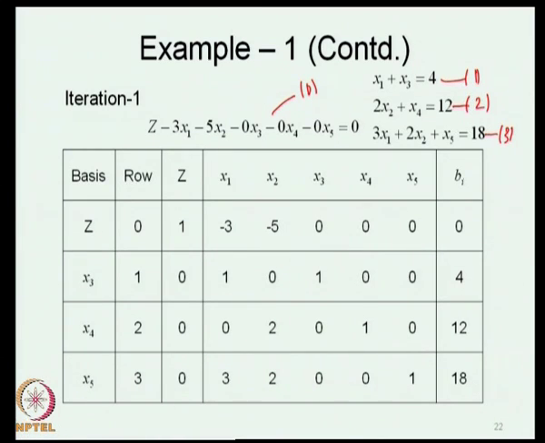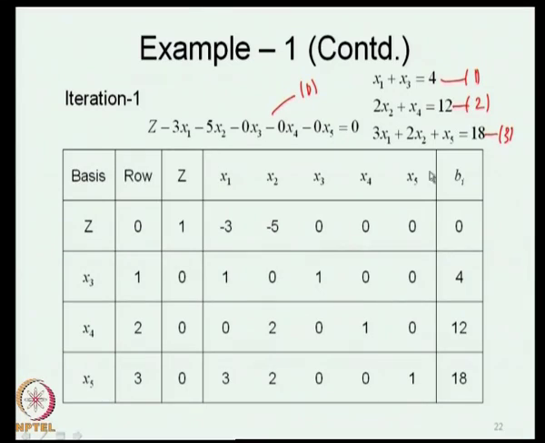Now, the question that we have to ask at each iteration is, is this the optimal solution? So, the first question we need to ask is, is this the optimal solution? Because we need to terminate. If we are sure that this is the optimal solution, we need to terminate. So, at every iteration, we resolve first whether the current solution is in fact the optimal solution. If it is the optimal solution, you terminate the computations.